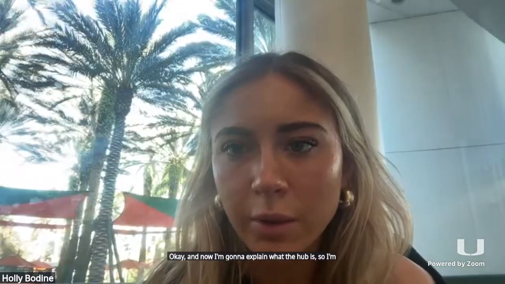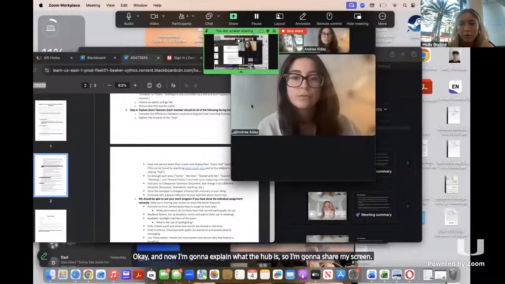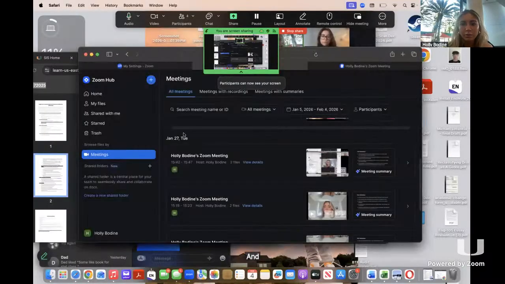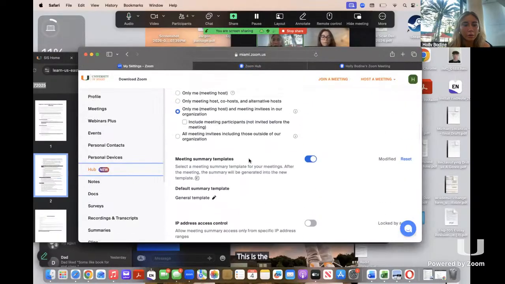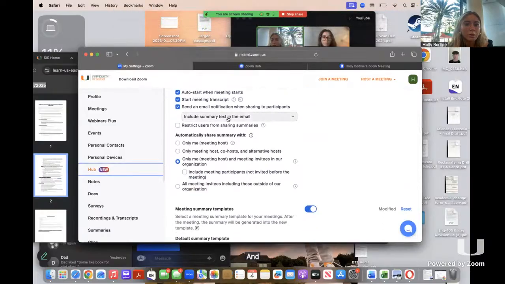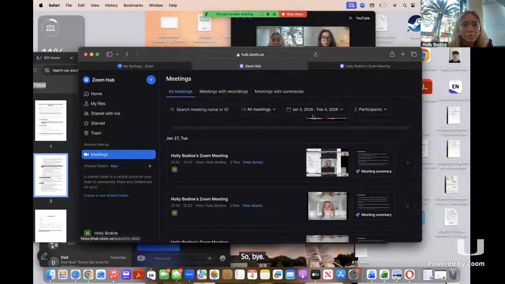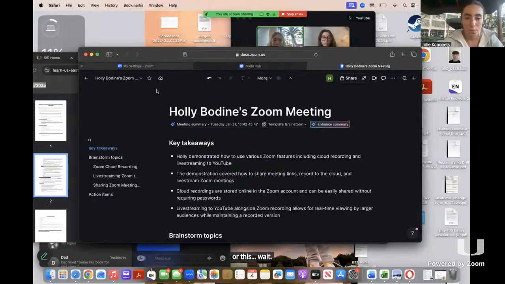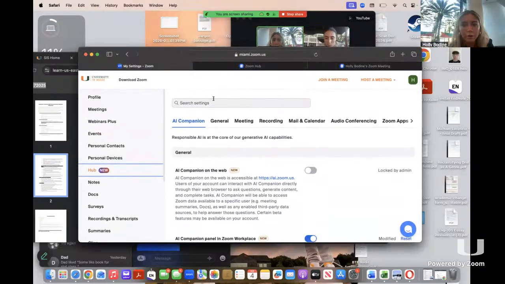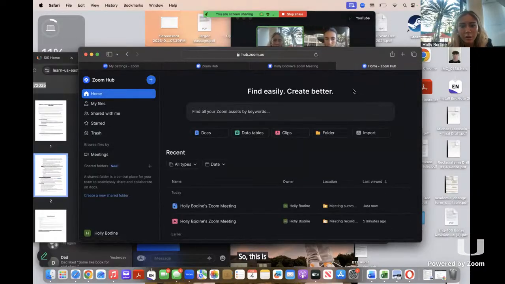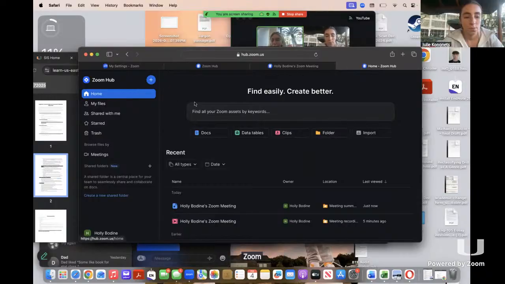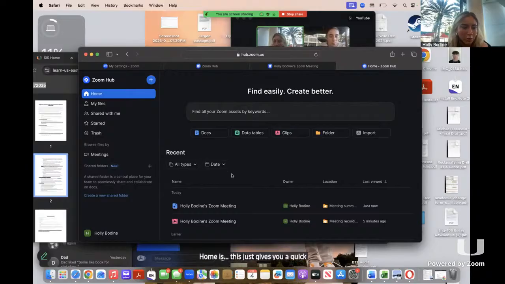Okay, and now I'm going to explain what the hub is. So I'm going to share my screen. So this is the hub on Zoom, and Home just gives you a quick overview of recent activities,